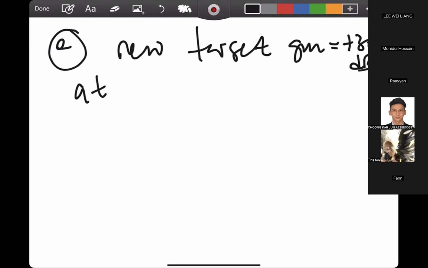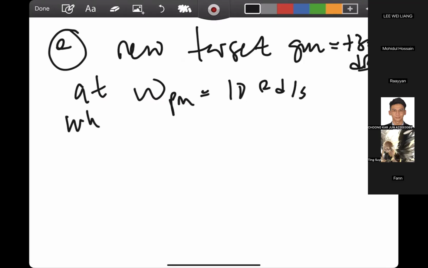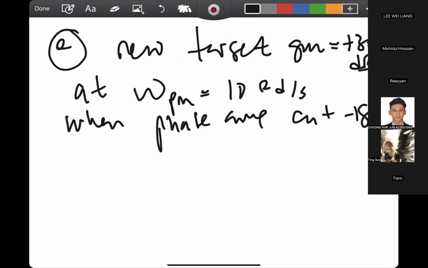At omega phase margin, which is 10 radian per second, okay, when the phase curve cuts the minus 180 degrees line. Okay. At 10 radian per second,